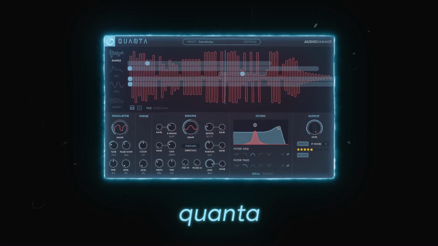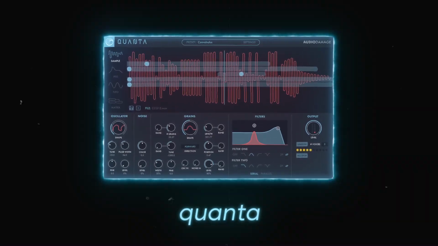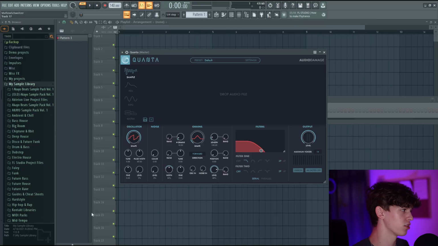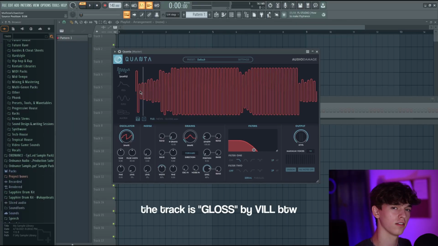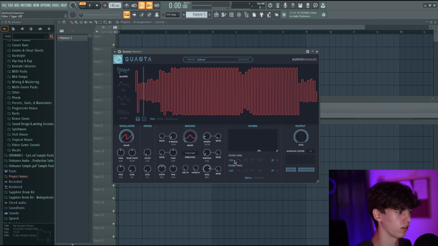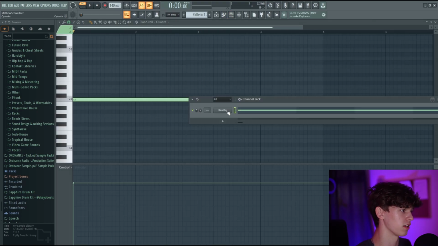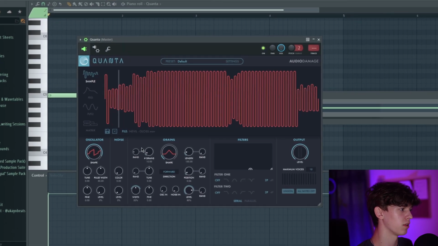It's really cool. This is a very classic granular synthesis plugin, and this plugin is amazing for textures, ambient sounds, and stuff like that. And so here I dragged in an entirely produced track. I'm going to turn the filter off, turn the output up, and let's see how it sounds. Whenever we increase the random on the grains and maybe the position,